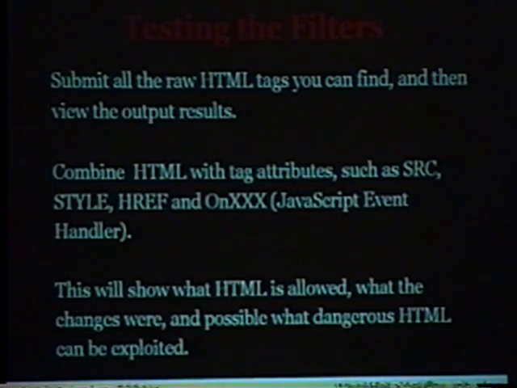The first thing you do, the absolute first thing you do, is you just start shoving HTML in, every single tag. Go right to the RFC, go right to the W3C, and shove every tag you can into that system and figure out what comes out on the other end. Then you can get a good determination of what it's filtering and what it's not filtering. This gives you a very easy way to find a single exploit in about 5 seconds. That list I gave earlier, you shove all those in there and see which one doesn't get filtered, and bang, that's an exploit.